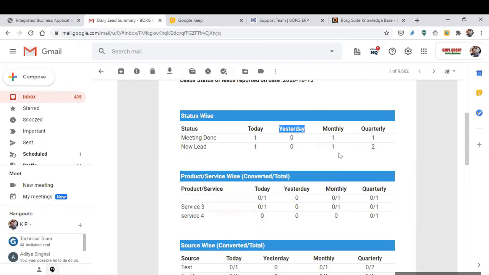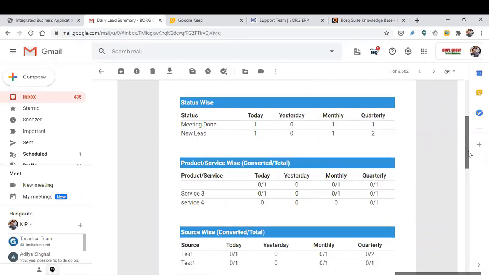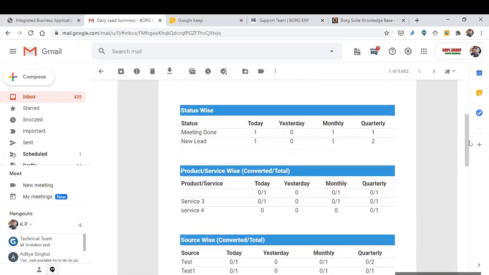In a month, only one, and in a quarter, only one and two. So if we talk about the quarter, with this status only a single lead is lying, and with the new lead status, only two leads are lying in our CRM. So this is giving you an entire overview of your CRM sales department.